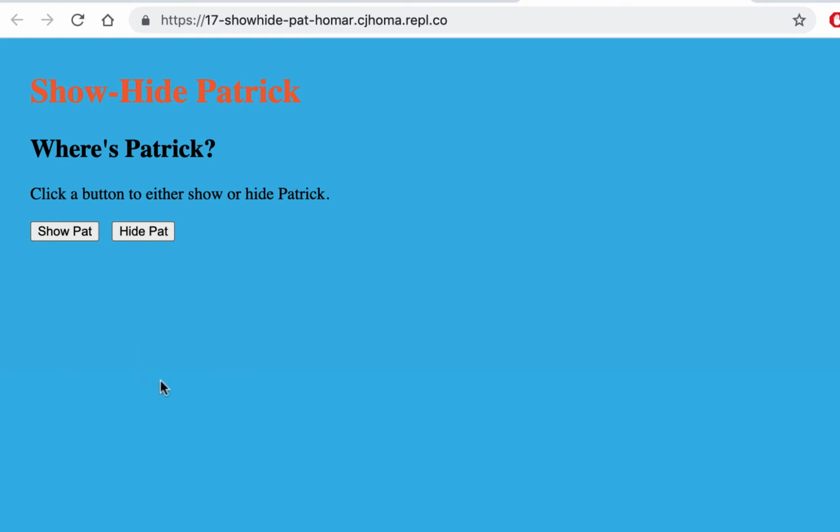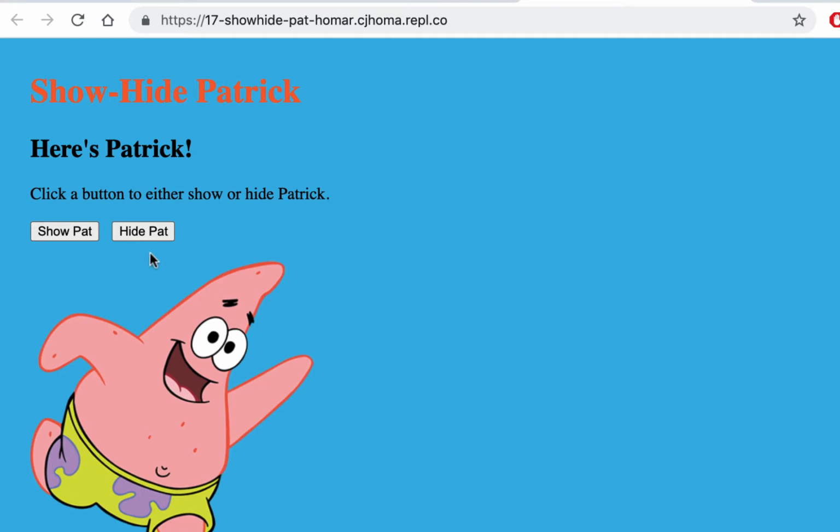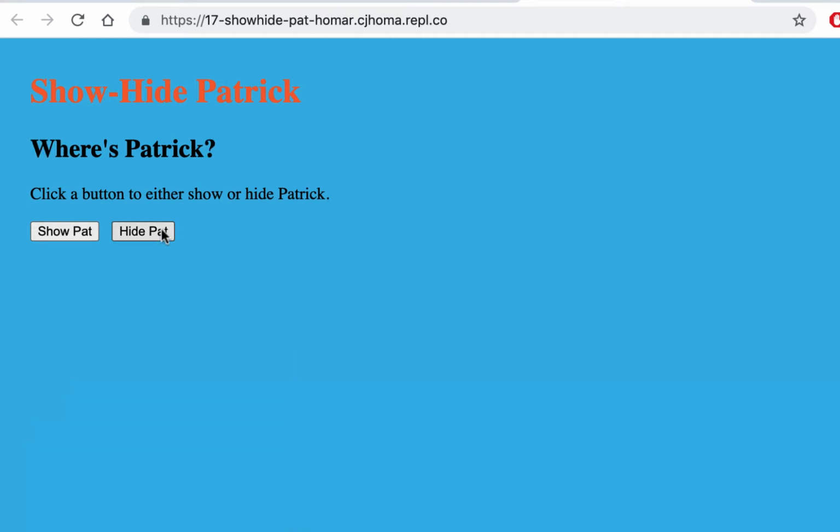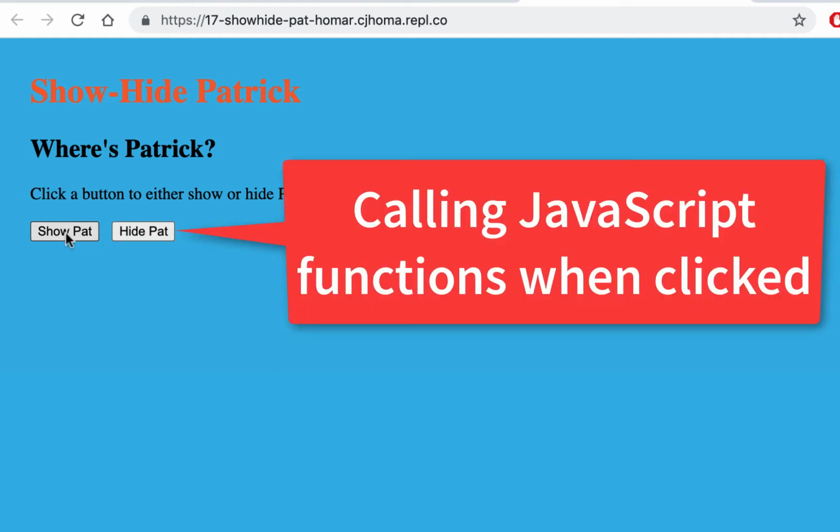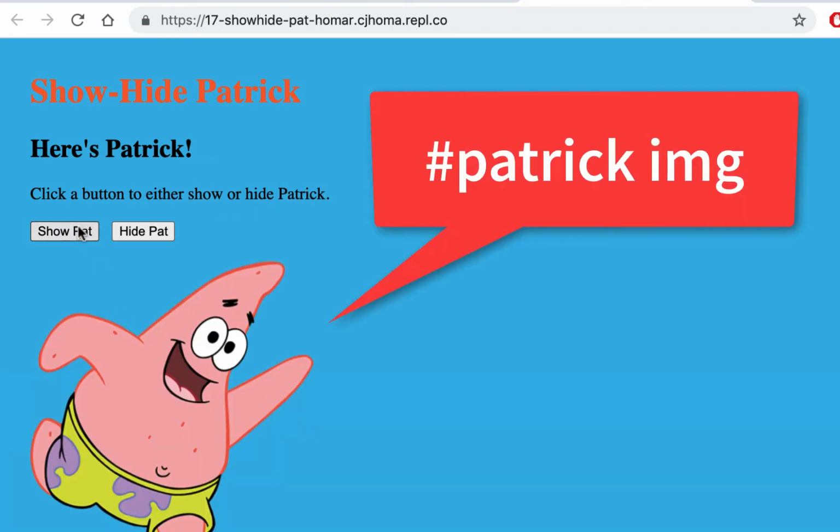When we click on the button that says Show Pat, it's going to show Patrick. And when we click on the button that says Hide Pat, it's going to hide Patrick. Basically these buttons are running JavaScript functions, and that's allowing us to contact the image that's here. There's actually an image here, and we're just putting it on the web page, and it has an ID name,